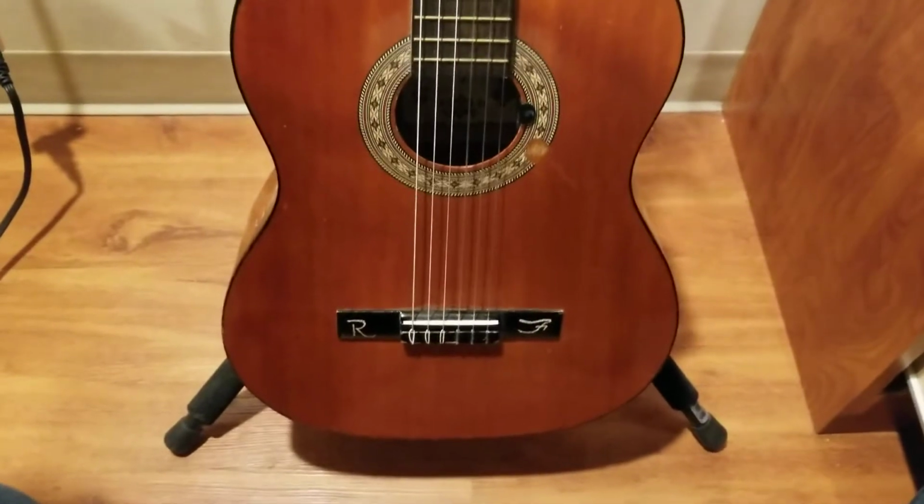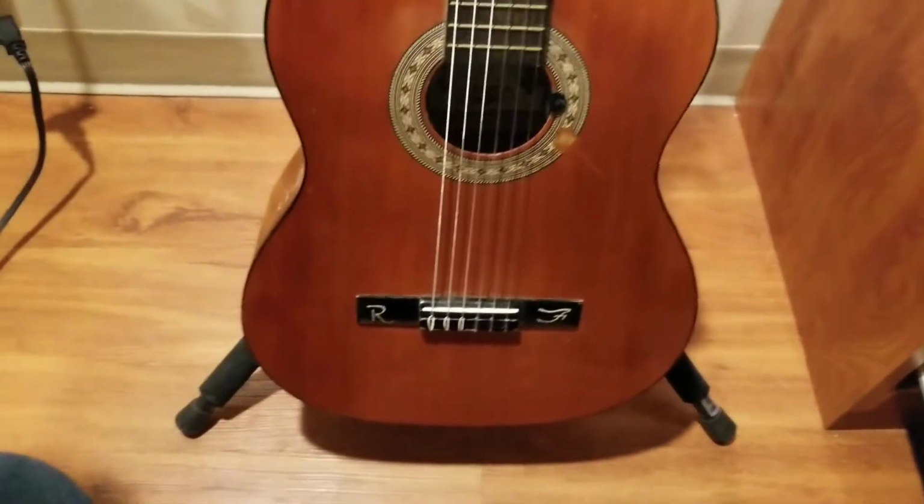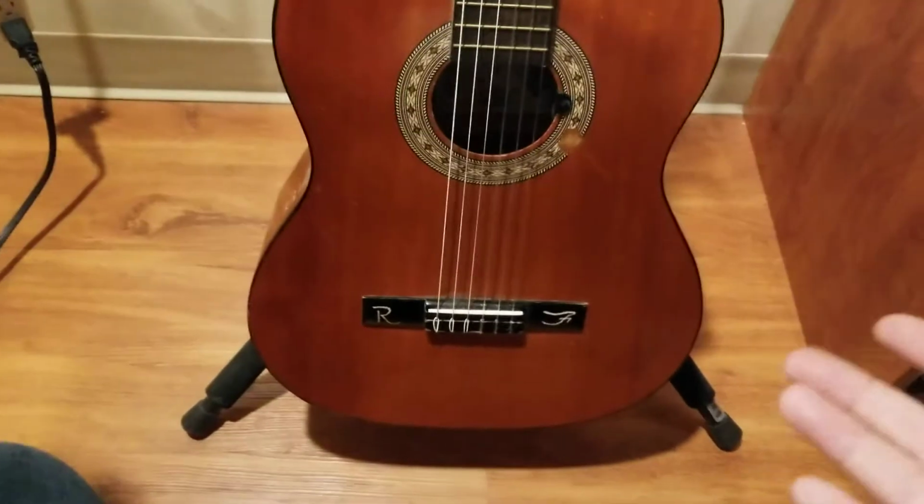Amount of time. I practice a lot. I like to just not practice as well and just mess around on it. I don't learn anything, but it's fun. So this guitar